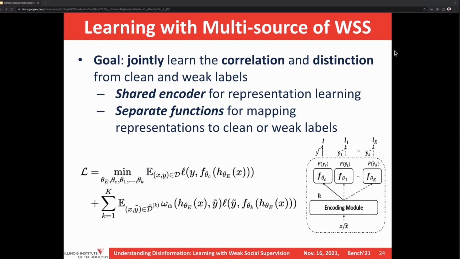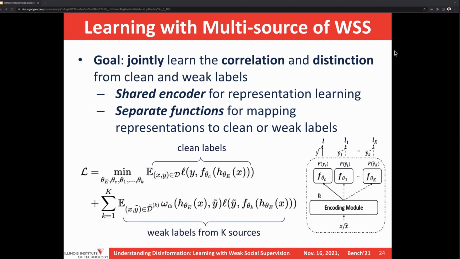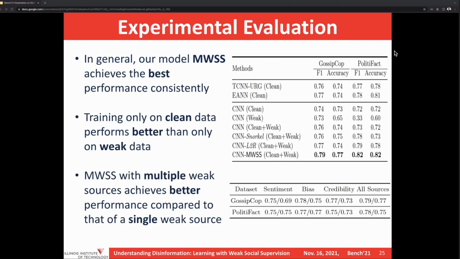Basically, the loss function, first of all, is to minimize the prediction error of the clean labels and also the weighted summation of the weak labels from different sources, as shown here. So the key here is to learn a label weighting function. So we use meta learning to optimize this problem and learn the proper weight for each source of the weak supervision. Okay. So in terms of experiments, we compare this model with several state-of-the-art methods for fake news detection,